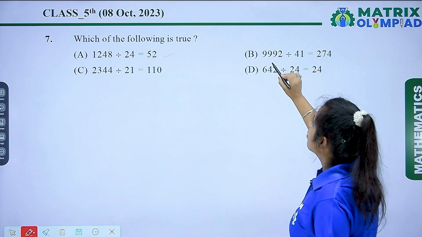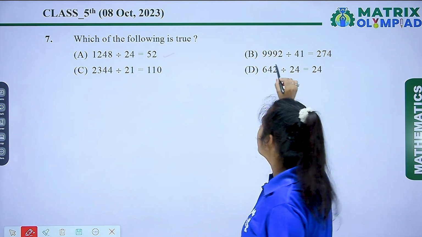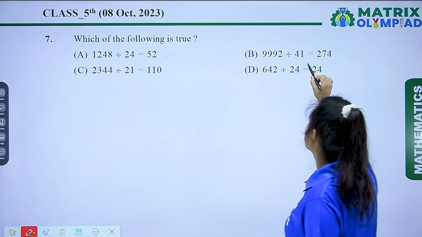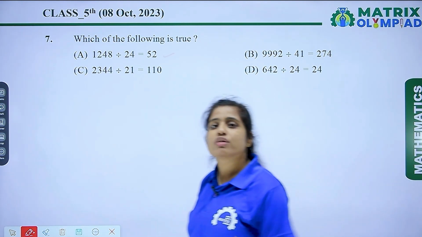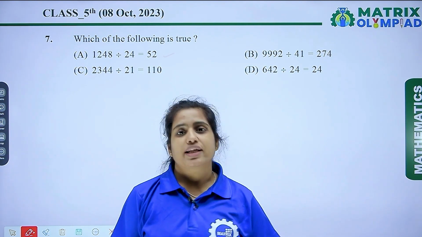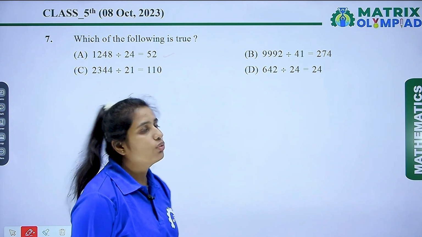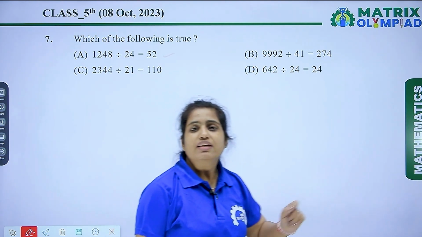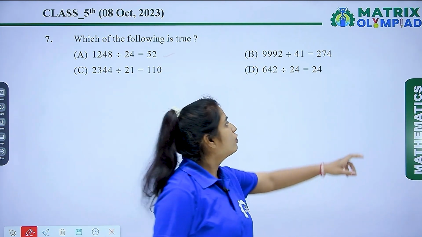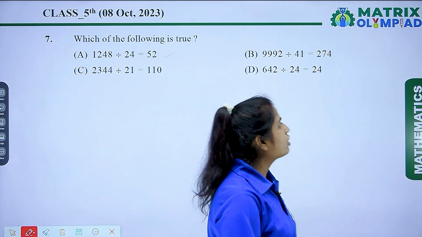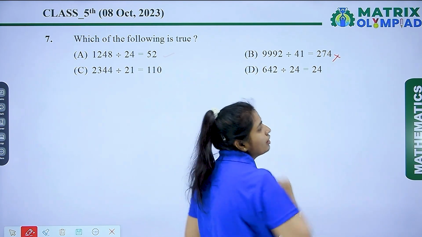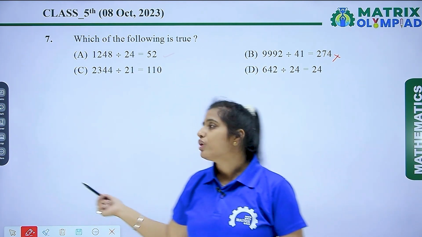नेक्स्ट B ऑप्शन है. 9992 divided by 41 gives you 274. जब आप इसको डिवाइड करेंगे तो it will not exactly divide by 41, so it will leave the remainder. तो हमारा जो आंसर है वो डेसिमल फॉर्म में आ जाएगा. So this is not the correct answer. Now in the option C